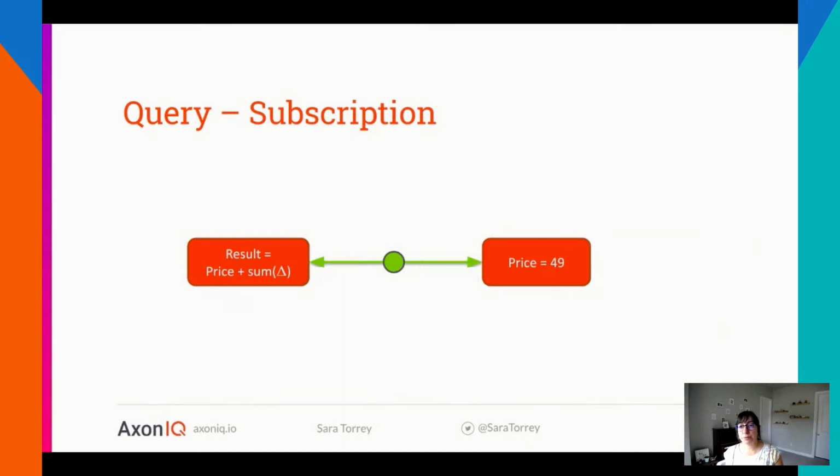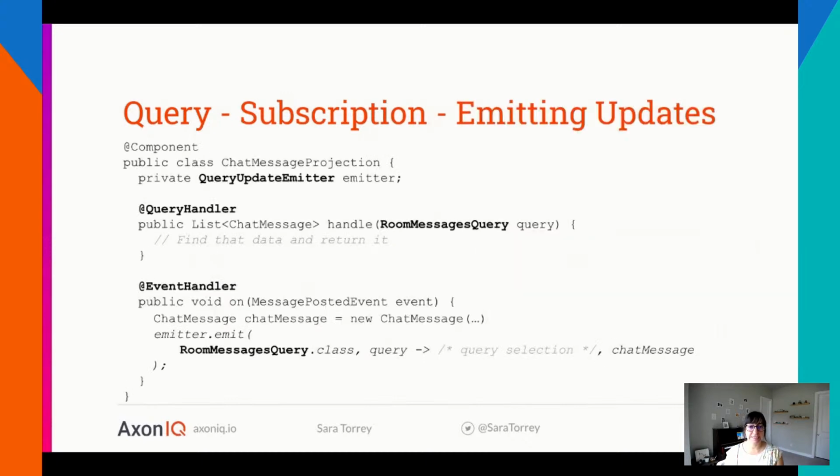Now, for the subscription query, you have that same question that's asked for a price of an item. Now here, the updates can be very useful because you can receive those responses coming in. So for instance, you can get the first initial response as $40.49 for the price of that item. And the updates specify the new price for this example. And on the receiving side, you can decide how to deal with these deltas, right? So we likely will take our initial result and sum the deltas with it to end up with the actual price that's needed.